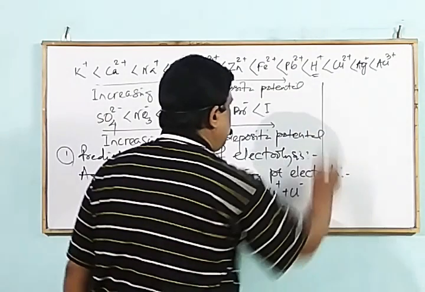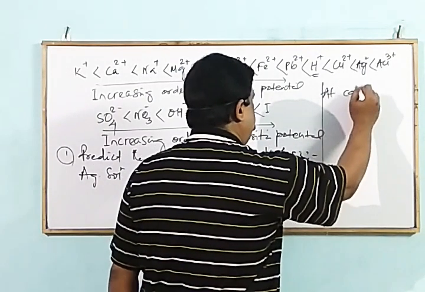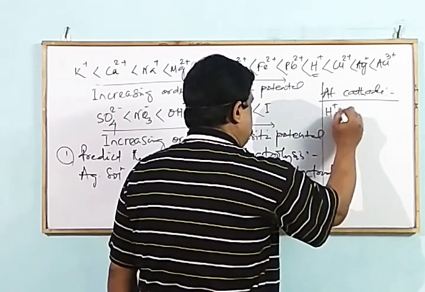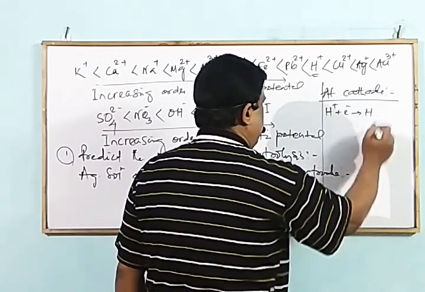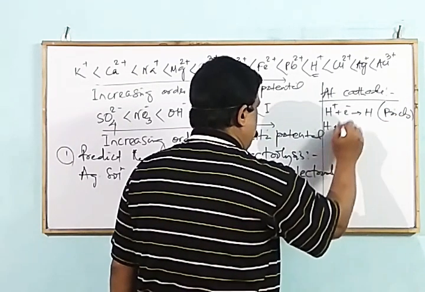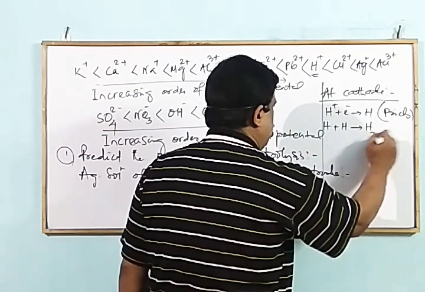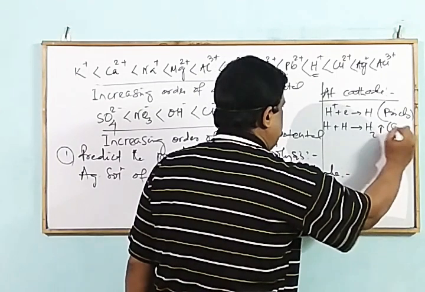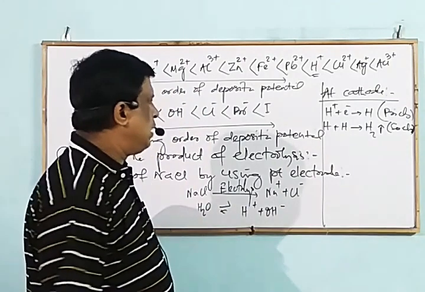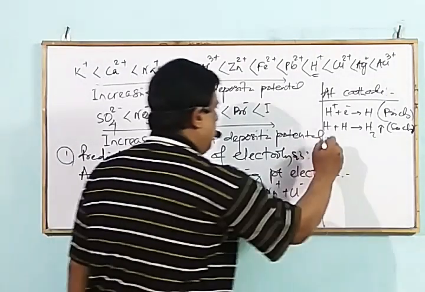So what happened? At cathode, H+ plus electron gives rise to H, that is known as primary change. H plus H gives rise to H2, that is known as secondary change. At cathode, hydrogen gas is liberated. At anode,